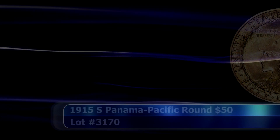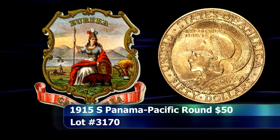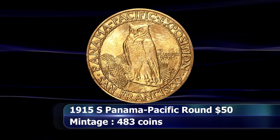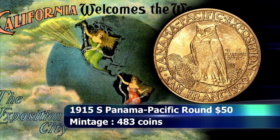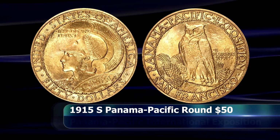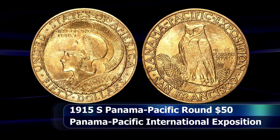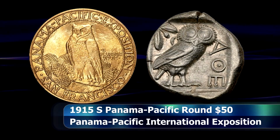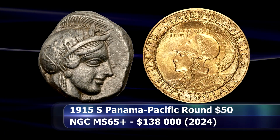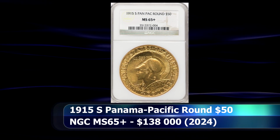$114,000. When asked about the design of the 1915 Panama Pacific International Exposition commemorative $50 coins, their designer, Robert Aitken, recalls the image of the Roman goddess Minerva and her familiar owl, representing wisdom, better known to the ancient Greeks as the goddess Athena. I suspect that the ancient Athenian tetradrachm coin may also have served as inspiration, as the similarities between the two issues are definitely not negligible. Despite having minted 1,500 coins initially, only 483 were ultimately distributed. This example of the round version of the coin was graded by NGC as MS65+ and achieved a closing price at auction of